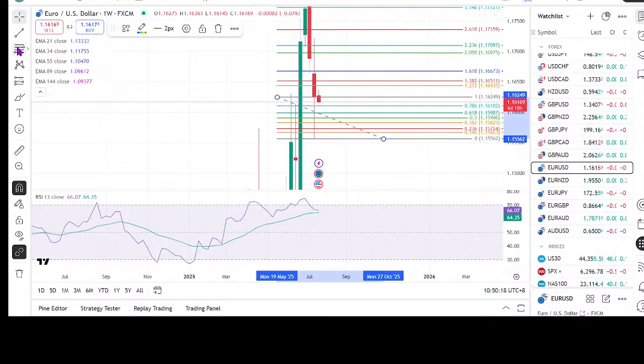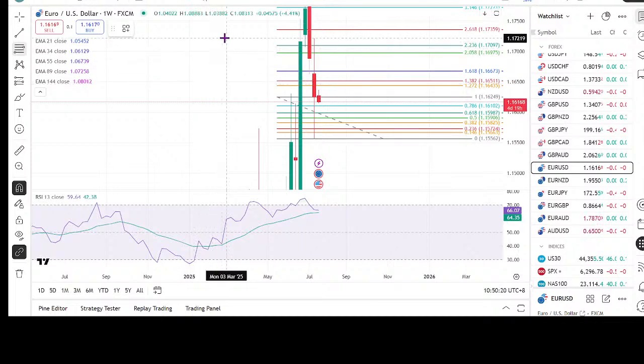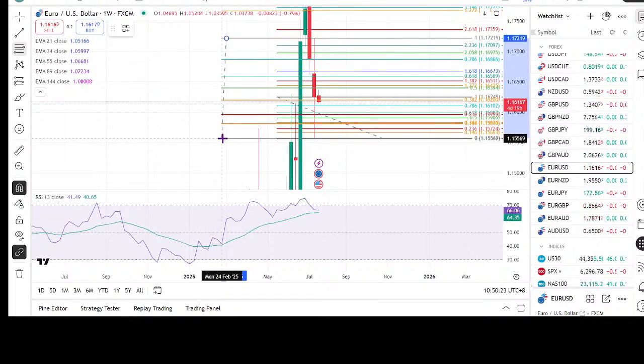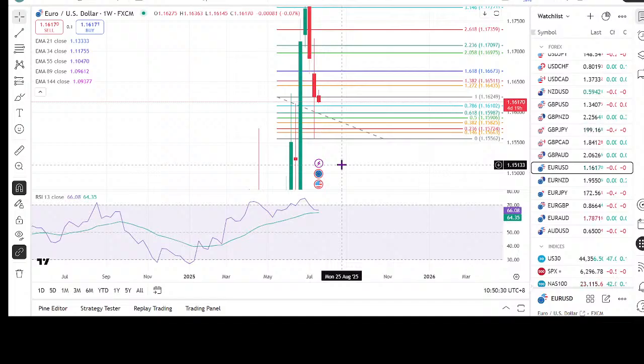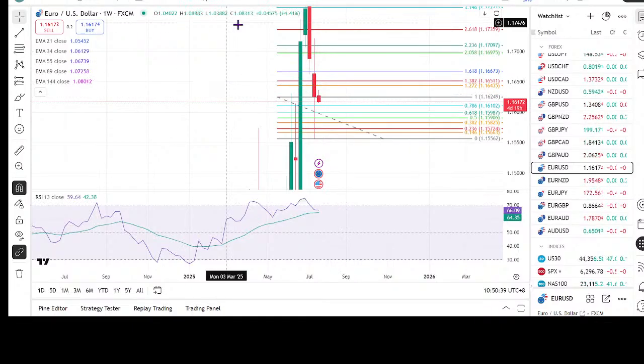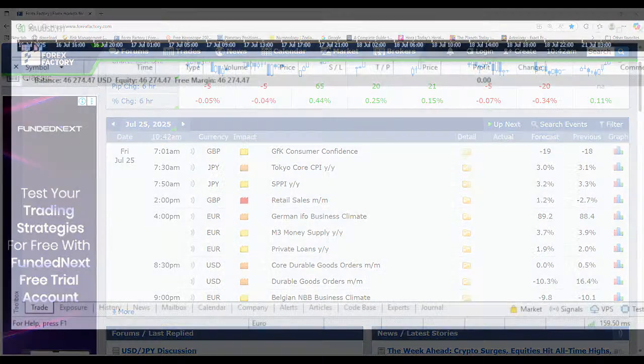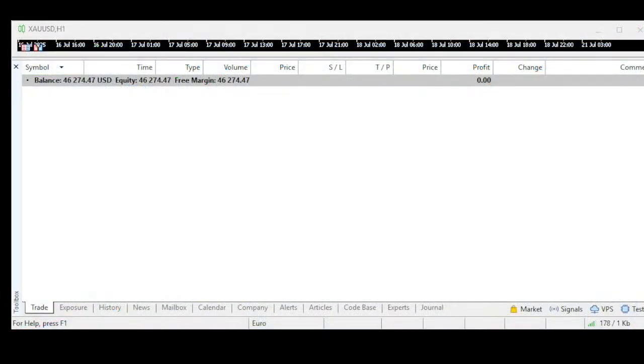So what we will take as of now, let me see one more level we can see. We can put it as 11685. So maybe 11685 we can put as the day and 11720 as the week. So we have two levels on the weekly. We are going to key in two levels.